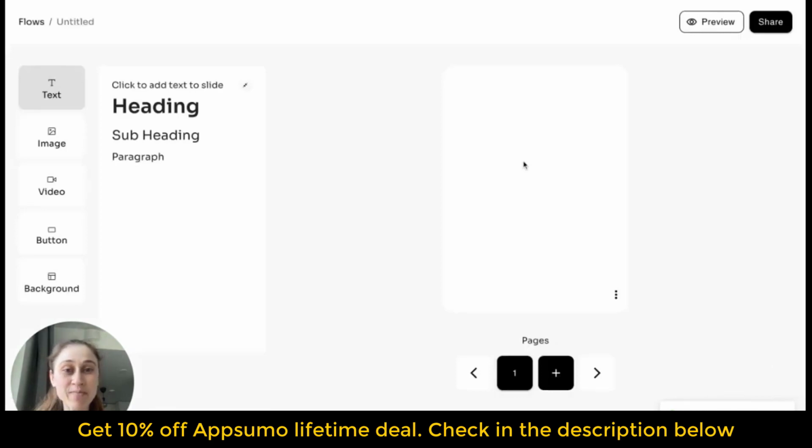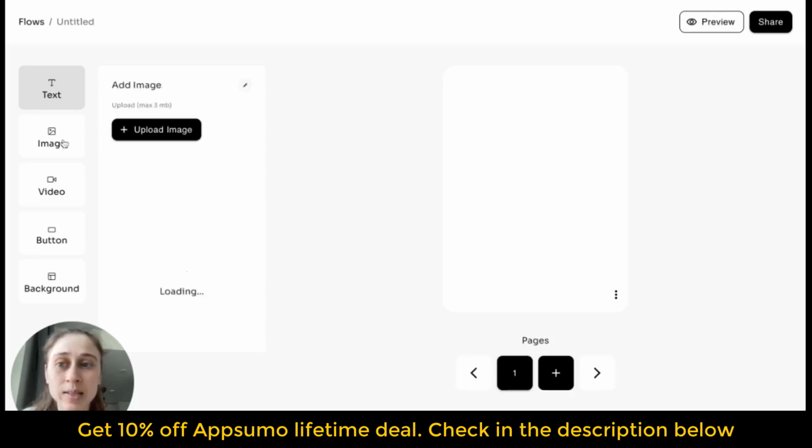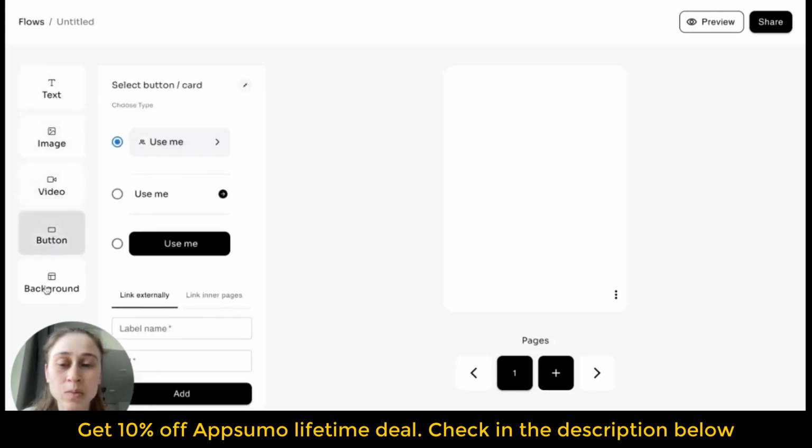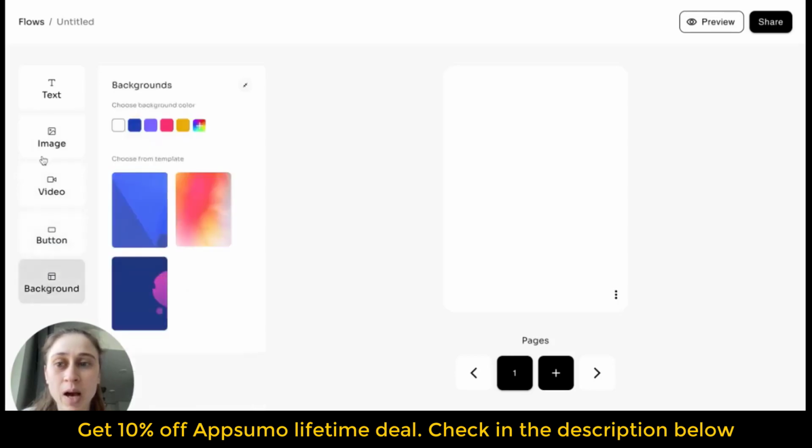So here is my canvas. I'm gonna work with that. So let's check what can I add here. All of those components are optional, so none of them are compulsory. I can add text, I can add image, video, some buttons to link the pages or external links, and background. I'll start with choosing a background. I'll go with a template